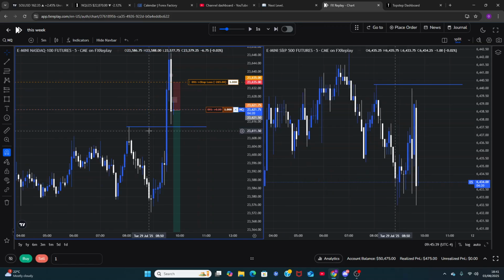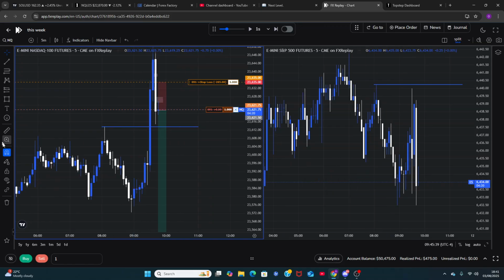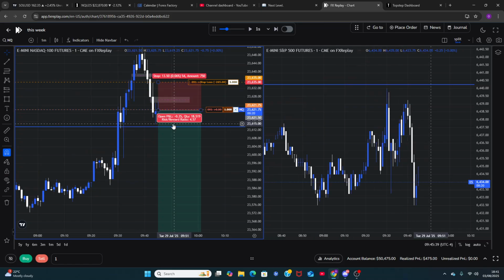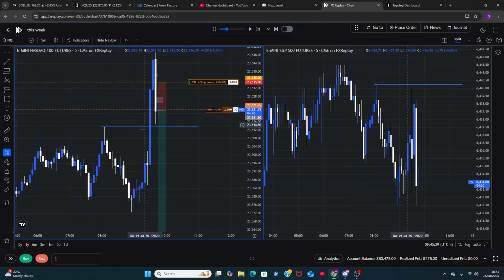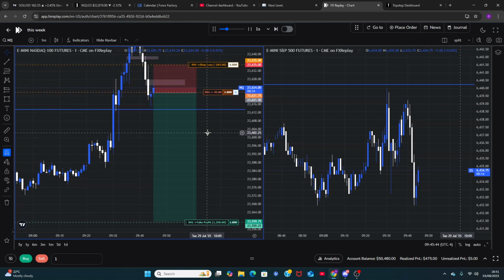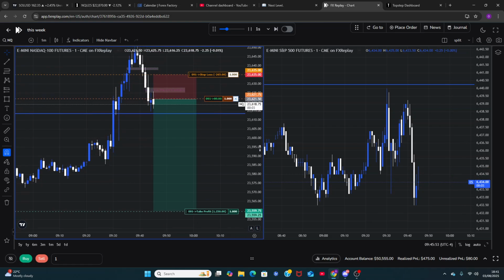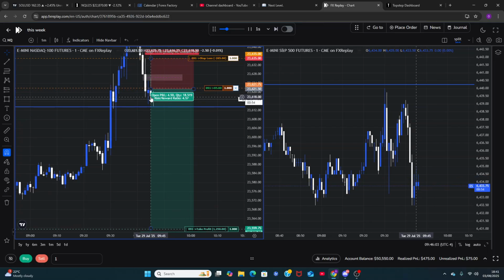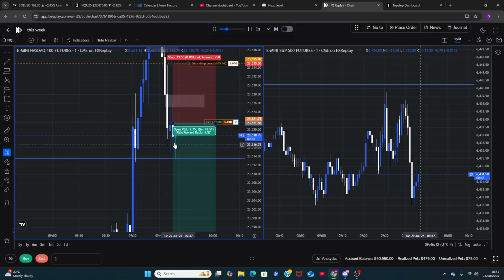The 5-minute, do not get scared of this 5-minute BIST, by the way. Don't. If you want this 5-minute BIST to hold, you want to get a better fill anyway. So we are at top, so it's fine. We're in the premium of it. So would you buy it off the premium of a 5-minute BIST? No, you wouldn't. So let's just enter that. It's a pretty 61 point. It's not too bad. Bang. Immediately we get displacement. Enter off the close. That is enough as well, by the way. Entering off the close, pretty good.